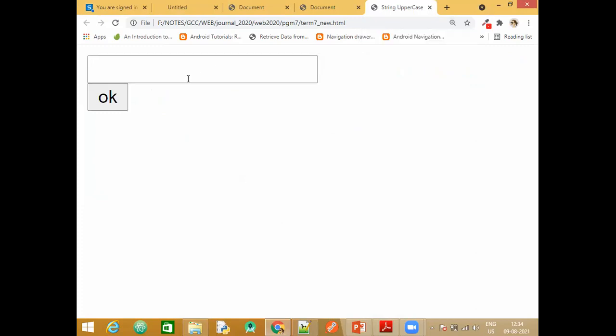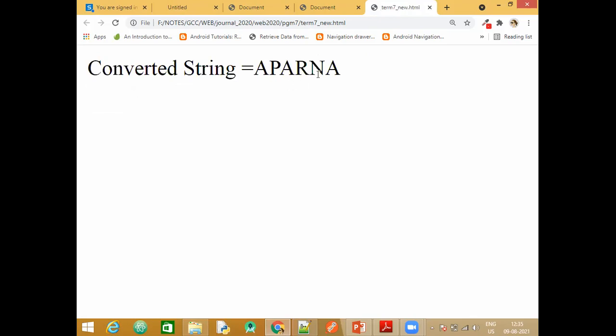Okay, no decoration I've done here, no field set, no division, nothing. That is left up to you. In one program that is shown. Now observe when it gets converted to uppercase and when it does not. One string I will enter. All the letters are in lowercase. I'm going to say okay, it's converted.